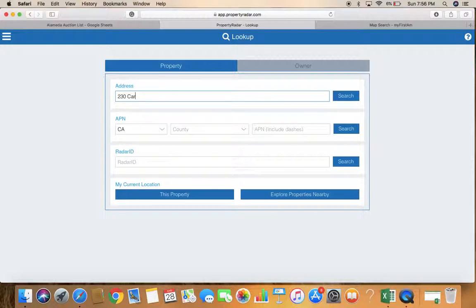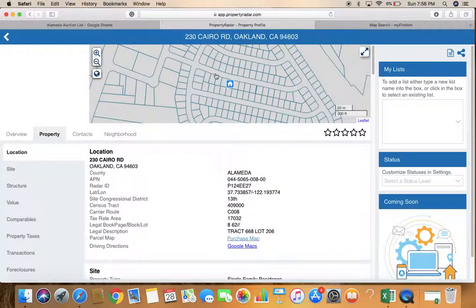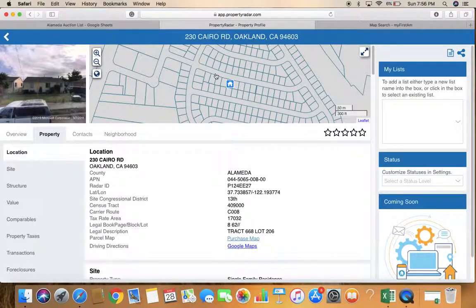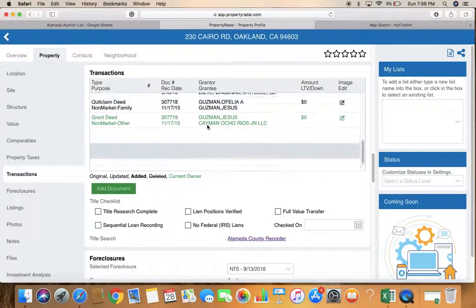230 Carroll Road in Oakland. Okay. So we're going to do the same thing. We're going to go to the property tab and then go down to transactions to see who is the borrower on the loan. Wait for Property Radar to load here. There it goes. We're going to go down to transactions, and we're going to